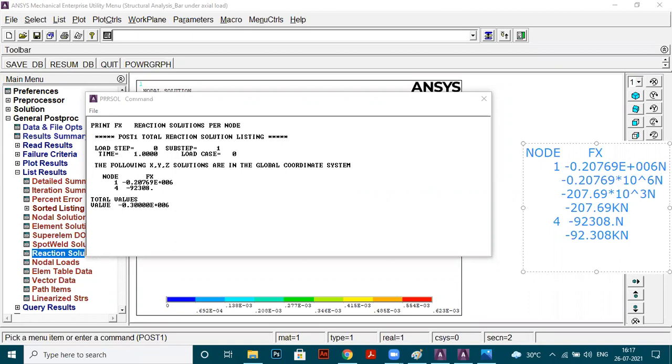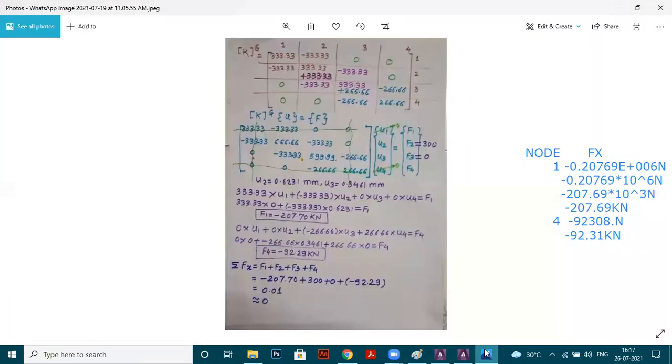So just minus 207.69, minus 92.31. You can check these values with what values we have got. Minus 207.70, this is the value.